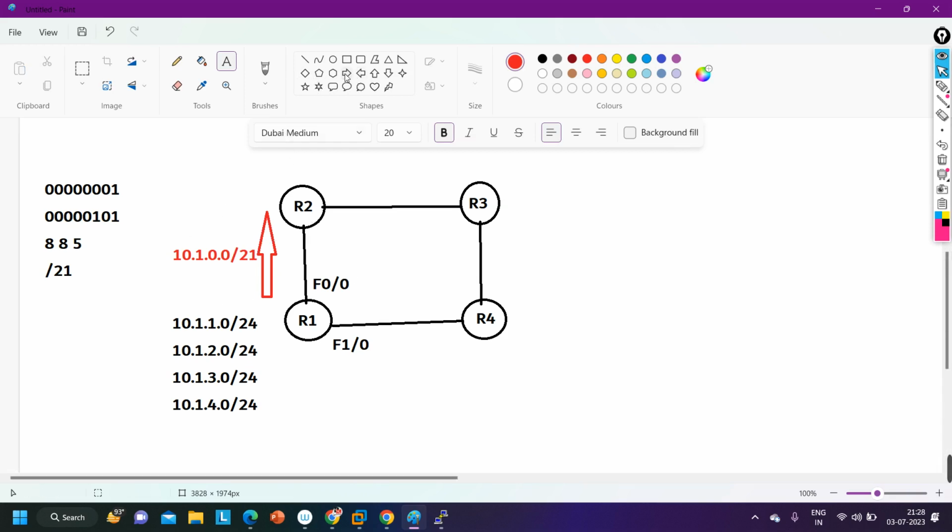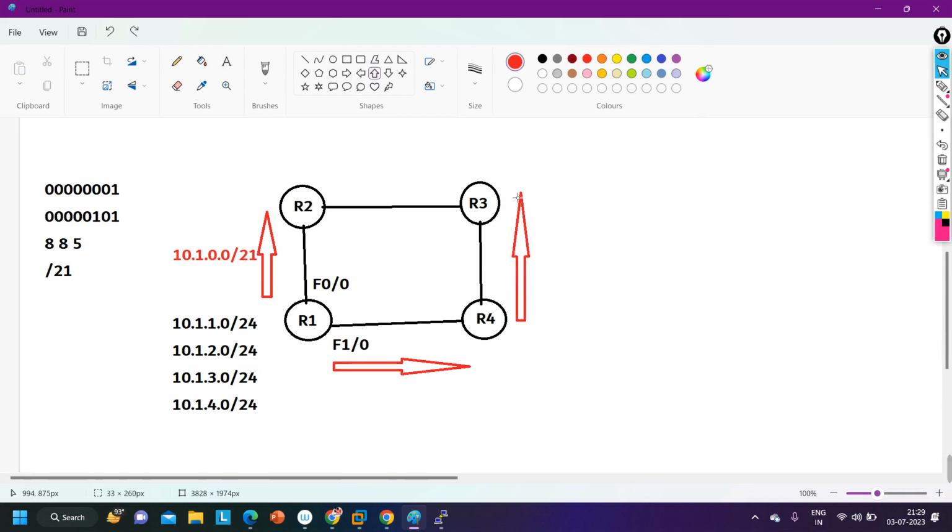Router 2 will receive all individual prefixes from router 3 via this path, yes or no? Because router 1 will advertise all individual prefixes to router 4, router 4 will advertise to router 3, and router 3 will advertise to router 2, yes or no?